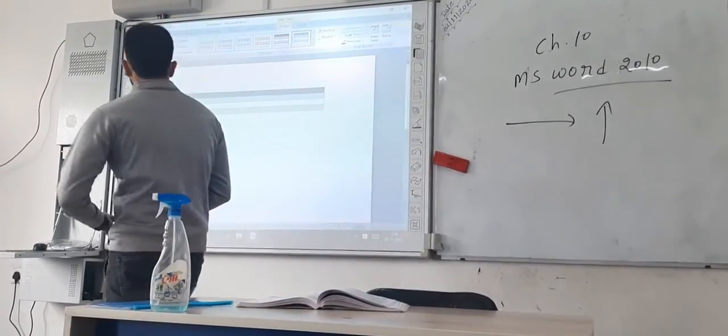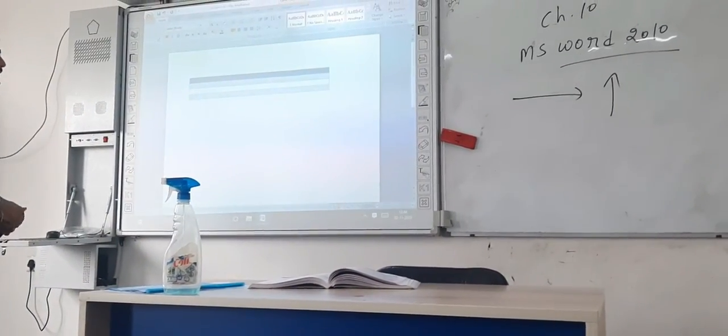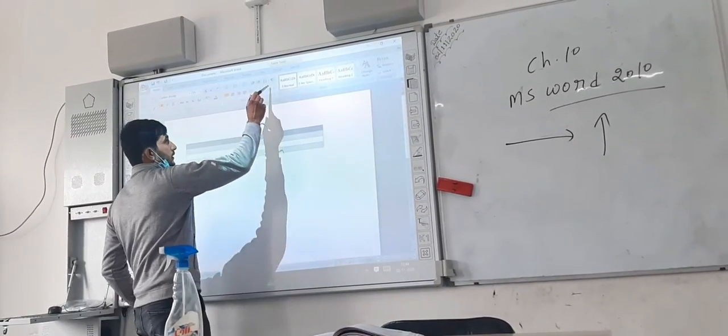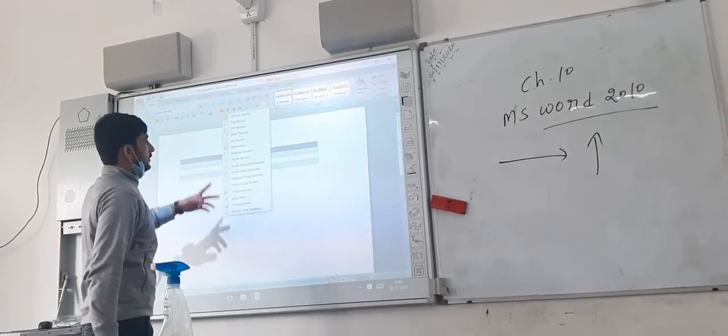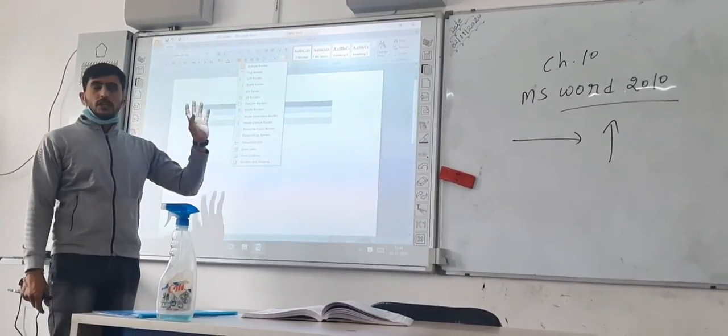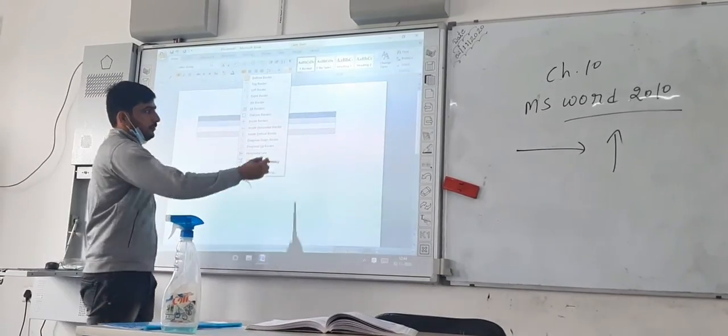So we have to go to the Home tab, and here the option is the borders. Where should I put the borders and where should I not? Here you will see that the borders are not there.